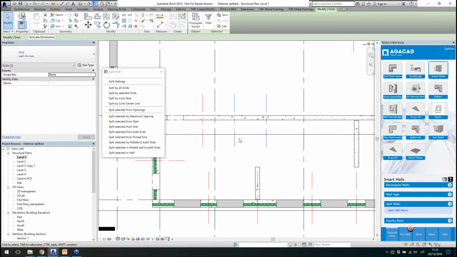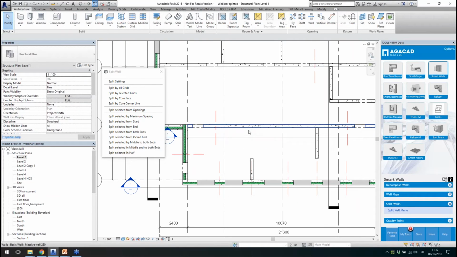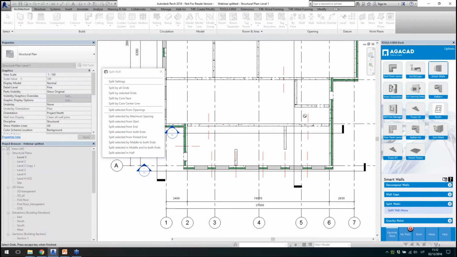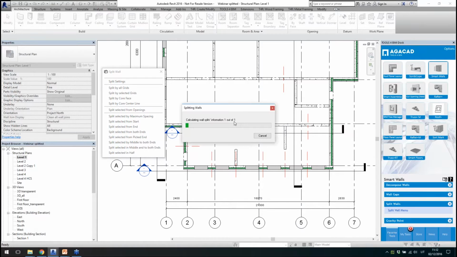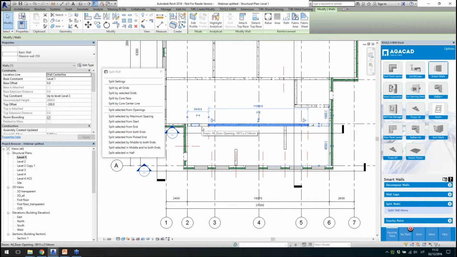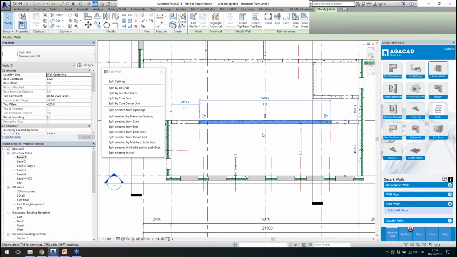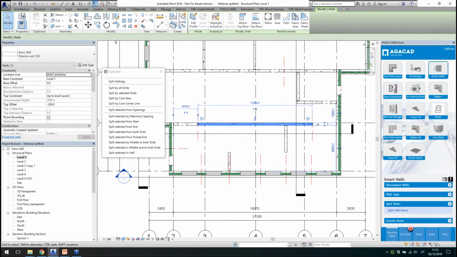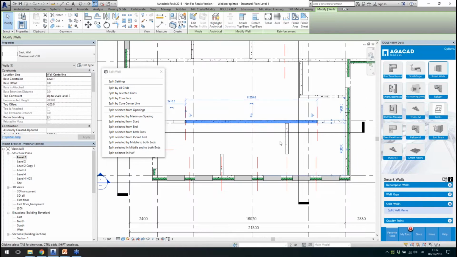Okay, so maybe I delete these and I will do that once more over here. So I will select this one and this one, and I will split this wall in different parts, right? And now I have this wall where it doesn't matter for me the splitting place, but I want to have as many equal length panels as possible. So I have these settings for the panel